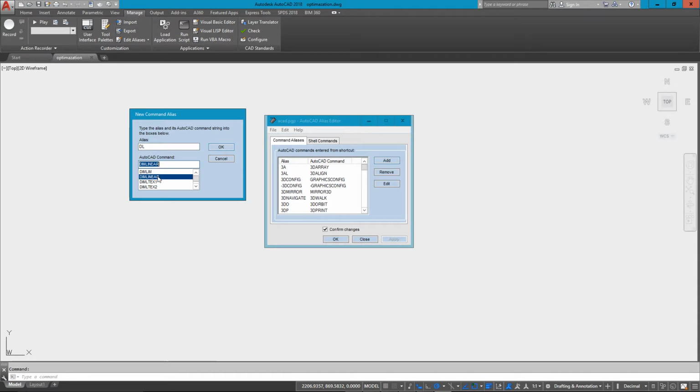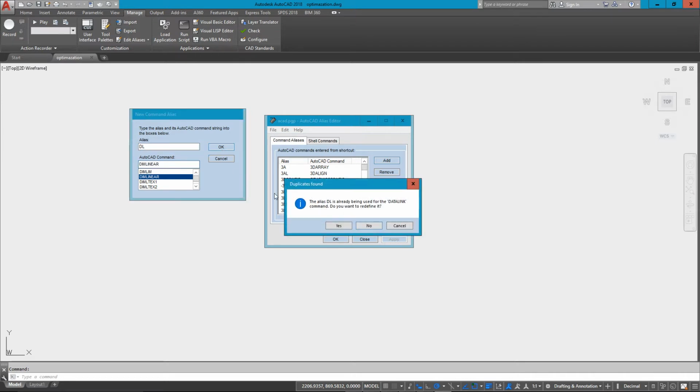And as you type in, it'll bring up all those commands. And so you want to really double check that, make sure that is what you want. Maybe write it down as well, just so you have a list of the new ones you're adding. Press OK. And what it'll do is, if it's already used for a command, it'll tell you that data link will be overwritten, which means, okay, that's fine. I don't use data link very often. If I do, I'll just type in the full command instead of just the shortcut alias. So I'm just going to hit yes,